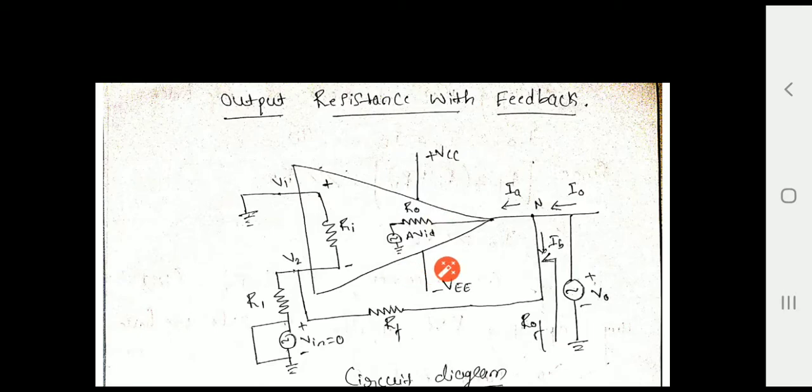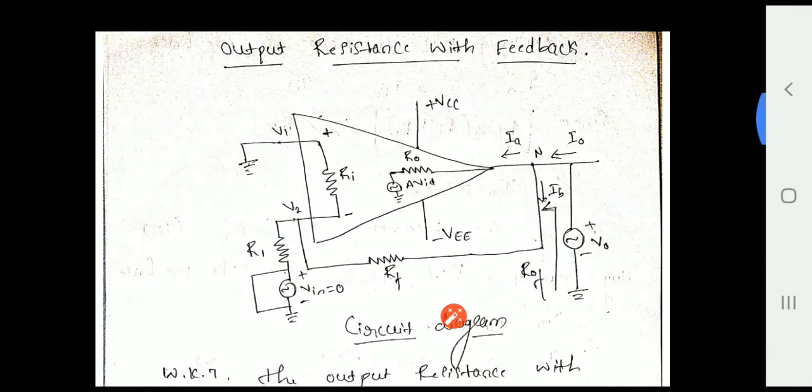Now we will make certain assumptions so that we can determine the output resistance. The first is that we set Vin equal to 0 by short circuiting. The second thing, I connect a voltage source V0 where I0 is the current flowing through it. Okay. Now this is an inverting amplifier, therefore the V1 terminal is connected to ground here and RF is the feedback resistance. So now I will apply the KCL at node N. We will get I0 is nothing but IA plus IB, because I0 is the current entering, and IA and IB are the currents which are leaving.